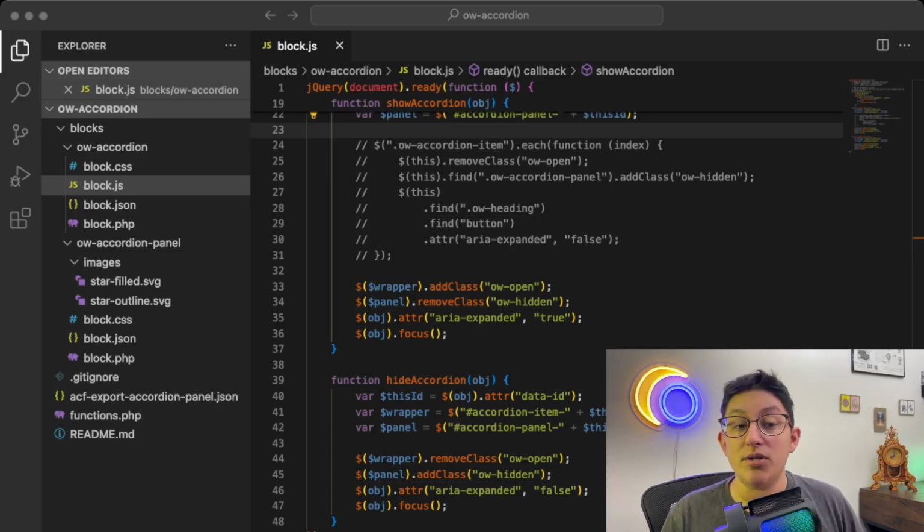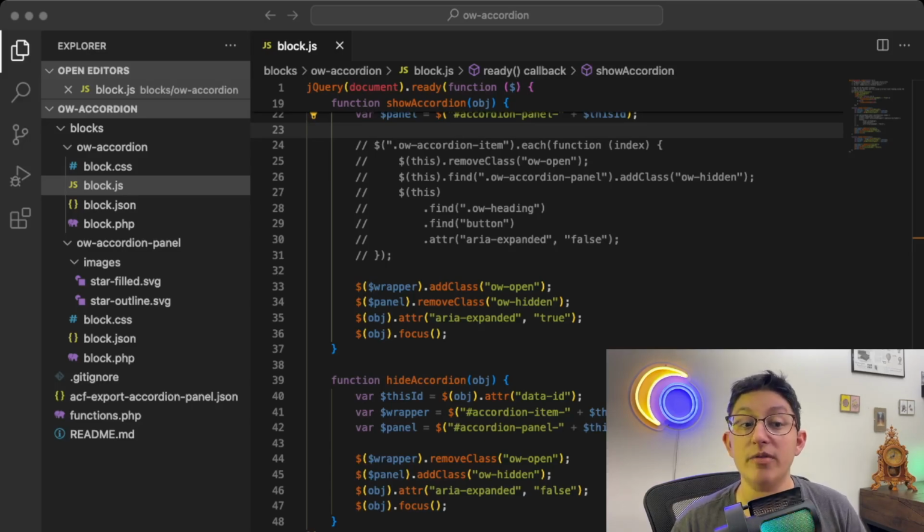And then for our item wrapper that encompasses the heading and the body, we're going to add a class to signify that it's open. That's just for styling purposes, so that, for example, the star, we can make that change and have the heading have that underline on it and such. For our individual panel, we are going to remove the hidden class.